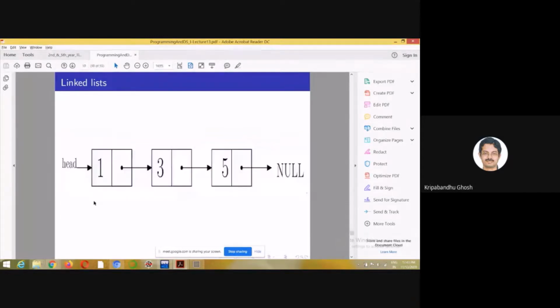So suppose this is a linked list. Think of an array which has 3 elements, 1, 3, and 5, and then try to think about the equivalent of it in linked list parlance. It will look like this. This is the starting address, and these are the elements, and you see that each node will contain an element, that is a value, and the pointer pointing to the starting address of the next node. This is not prefixed. You can first create this one, and then create this one, then link this, then create this one, and then link this.